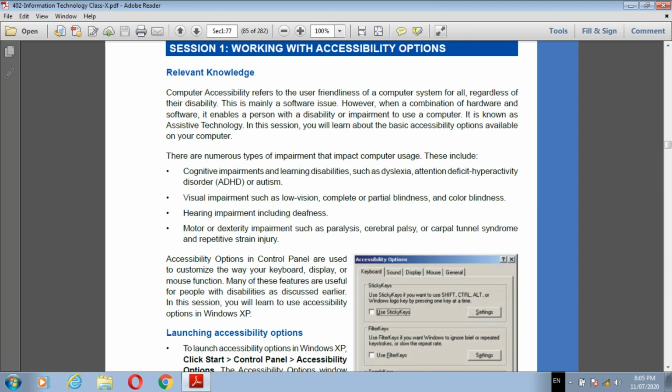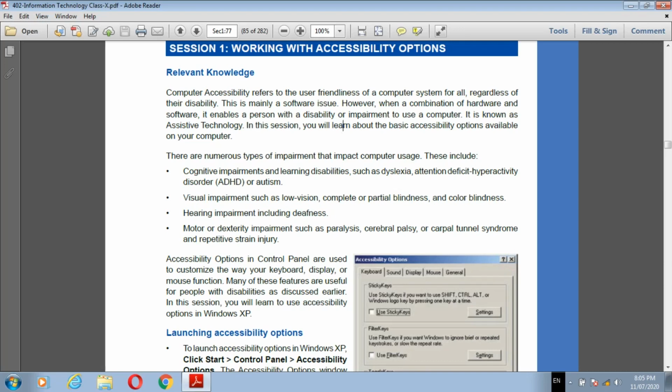So, accessibility means what? To access easily. If any person has disabilities, like impairment, then assistive technology.